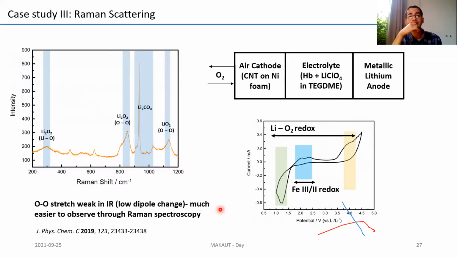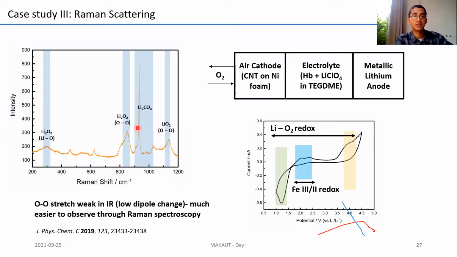A quick case study on this. I was trying to look at lithium peroxide formation in this kind of experiment. This is the device that I was using. There was lithium and a little bit of oxygen coming in, and the lithium was combining with it. This is a battery experiment, a current-potential kind of experiment, where lithium oxygen was being formed, peroxide was being formed, and lithium peroxide was being broken.